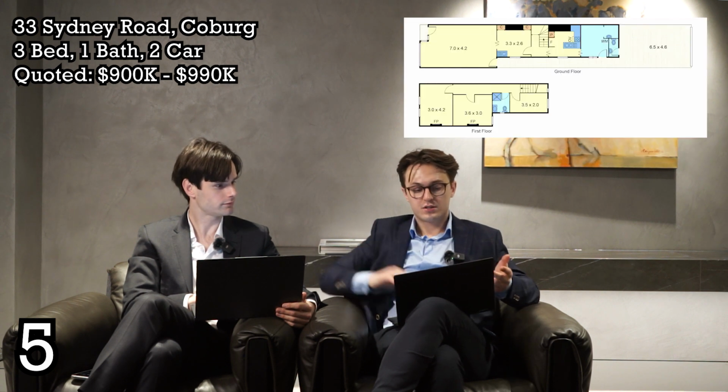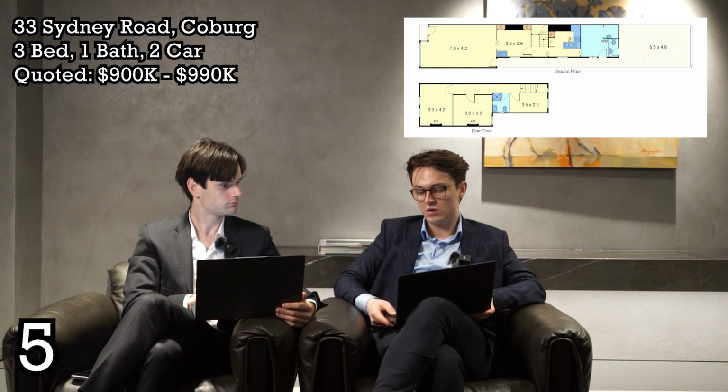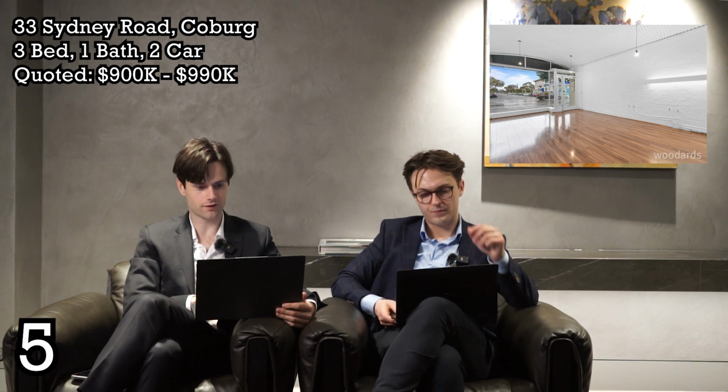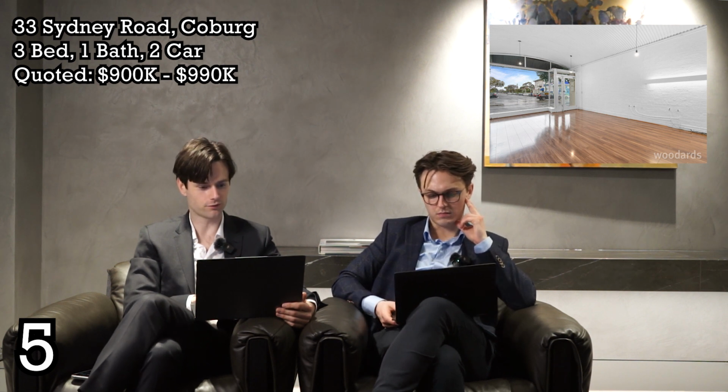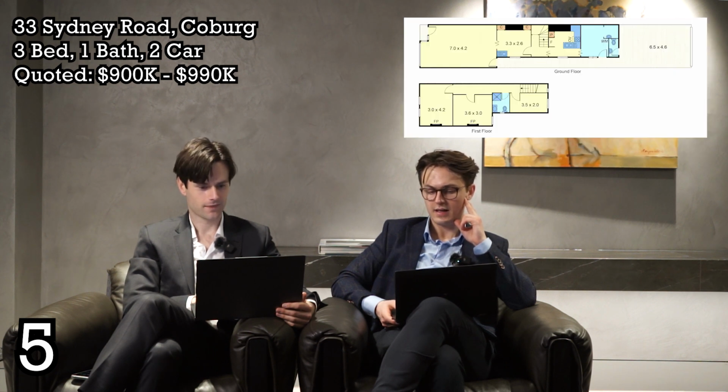plan here. So to be quite honest, if you go through the photos, the downstairs area is all right. I've never seen an internal roof ceiling like that. It's a bit of corrugated iron. I like it. A little bit of an X factor. And then we've got exposed masonry walls, fireplaces. And then, Ben, if we look at the floor plan, though, do you like sleeping in a good...